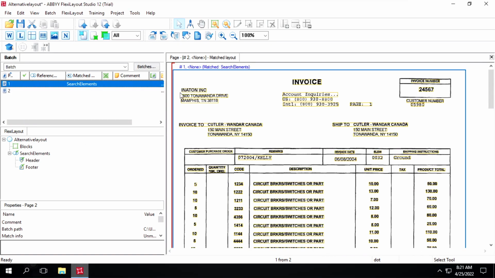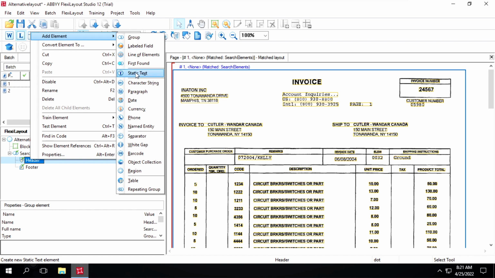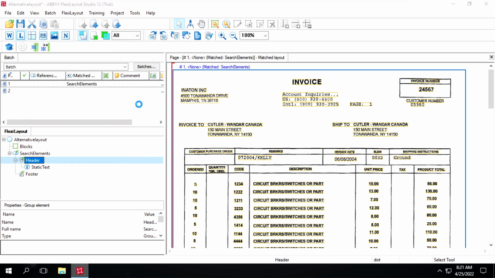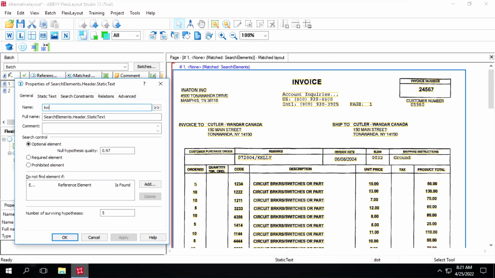So I will go back to this one. What I will do, I will create a labeled field for this one and for this customer field as well, and then we'll try to extract the same information from the other document. So I will create a header first, click on add element, then click on static text. I will give name as KW header, and this will be the required element. Number of surviving hypothesis should be 1,